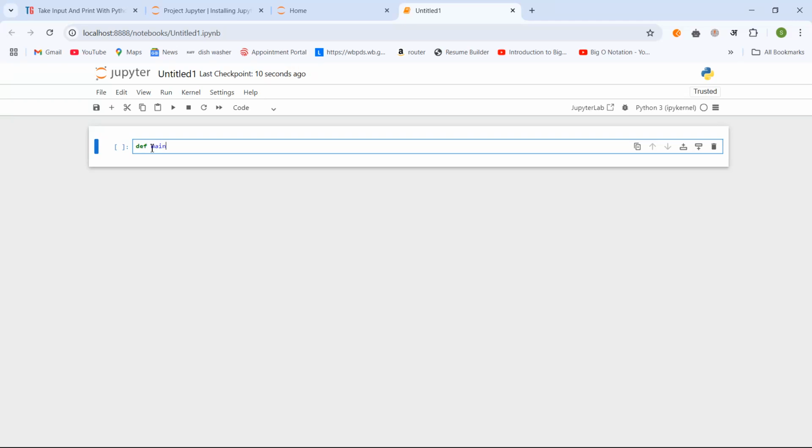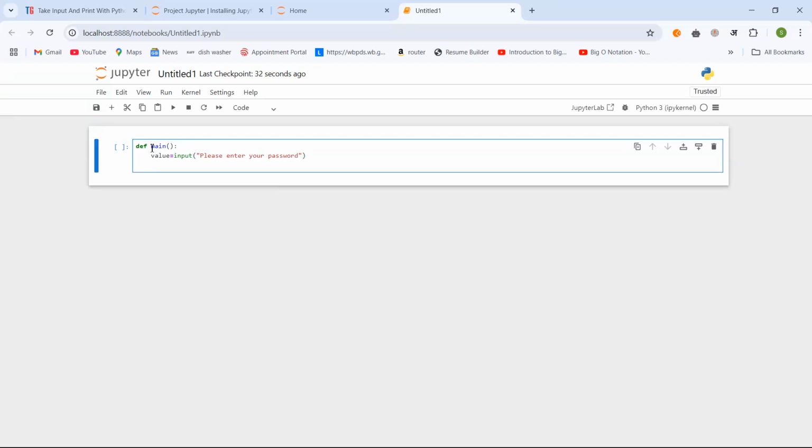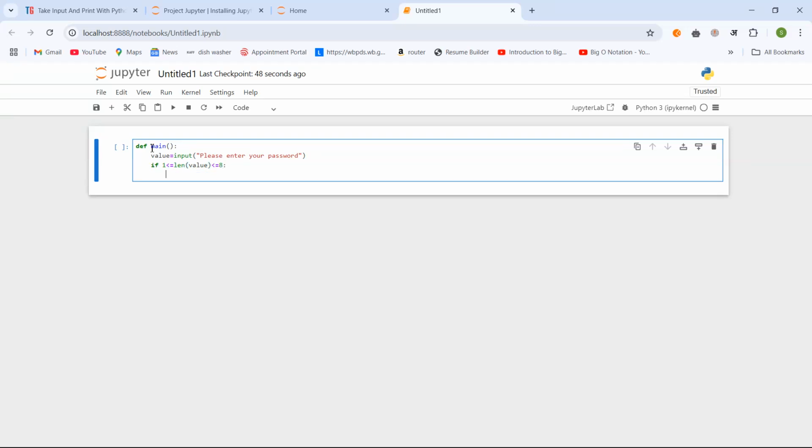Fine. So what I'll be doing is defining a function, def main. So there will be only one function, the main function, and it would be asking for a value from the user, value equal to input, and maybe I'll be testing this not with the name but with the password. Please enter your password. So far so good. Now comes the portion of checking the length of this password. So if len, the function to calculate the length of the user given value, is less than or equal to 8 characters, then what we will be doing is using